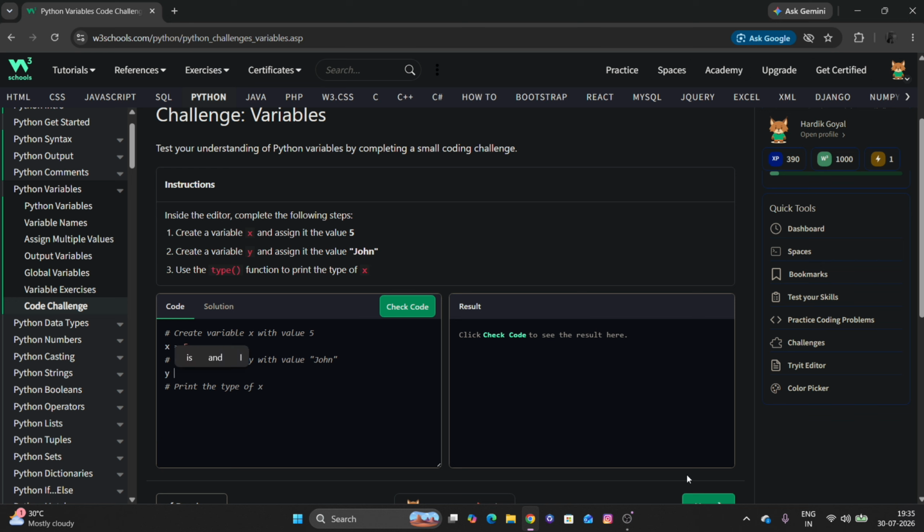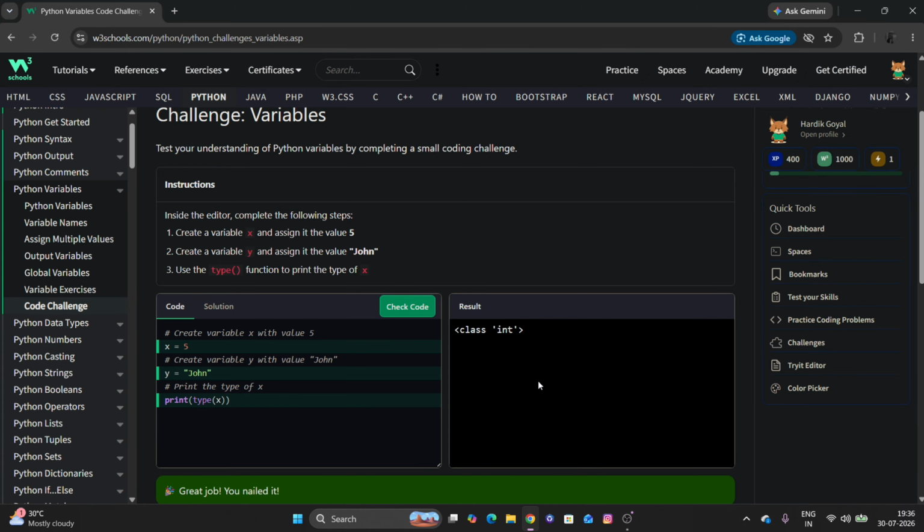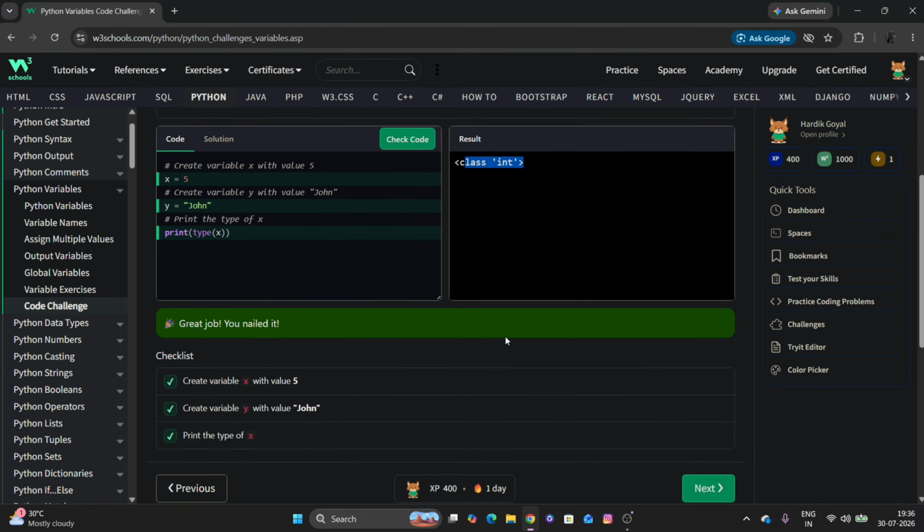Then we need to create another variable y and assign John to it. And then use the type function to print the type of x. Now I have to print the type of x. See, it will give us int, class int. Okay,